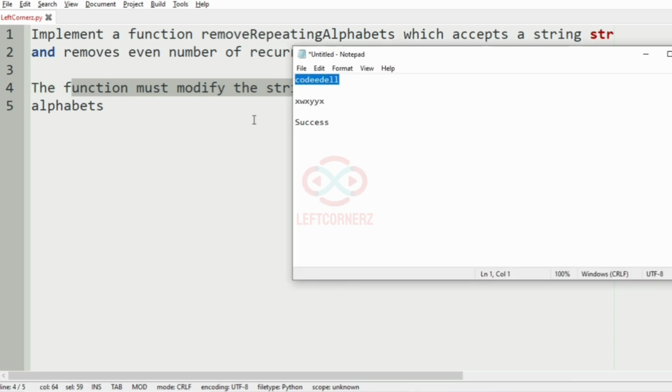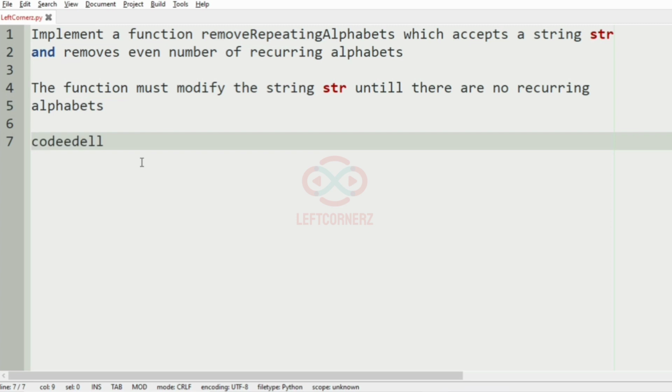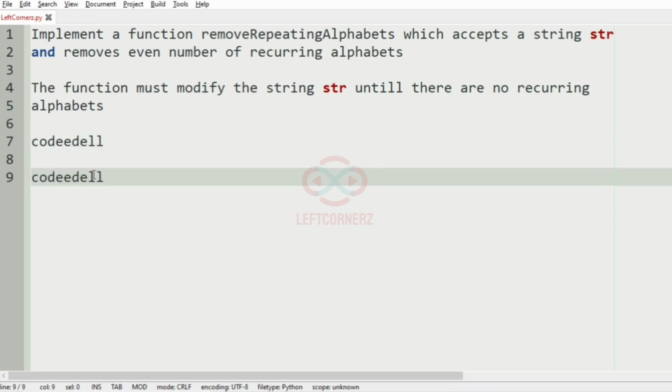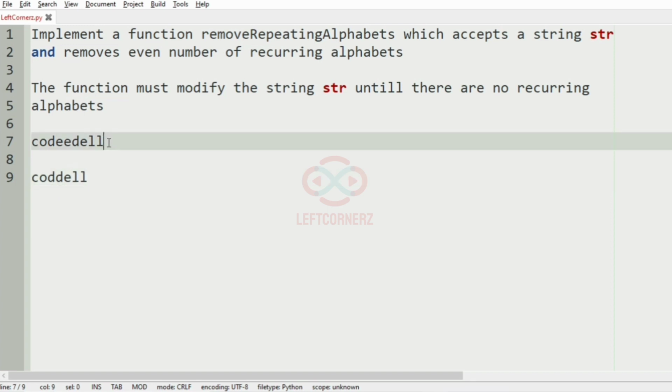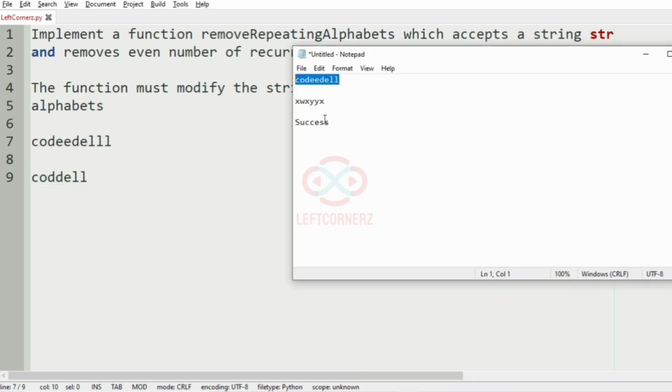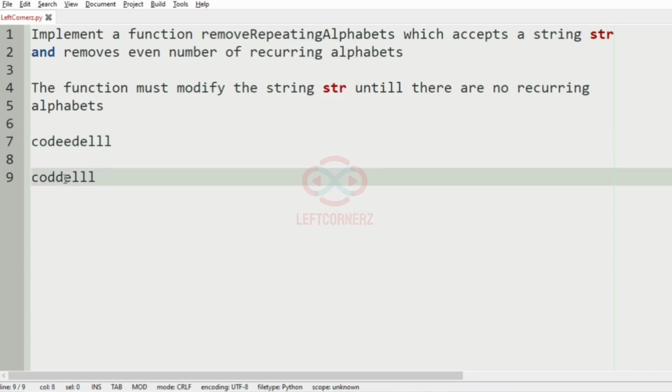Now we'll take our first test case. In this first test case, we can see that E is recurring continuously, so we'll remove that. And D's are recurring continuously, so we'll remove that.